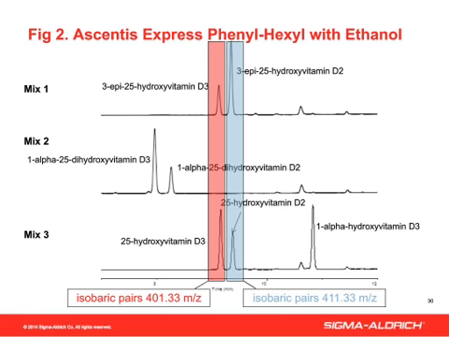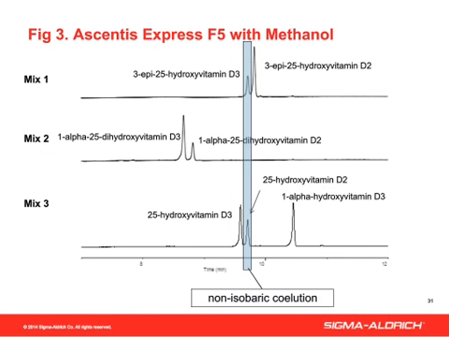So when I described that we're looking for critical pairs, these are the critical pairs that we're monitoring to ensure that we have proper resolution of these metabolites so we can get proper identification. So we set up a matrix. Well, I guess the next slide here actually shows a method that we used on the Ascentis Express F5. Now this is with a methanol mobile phase, and you can see here the only coelution that we have